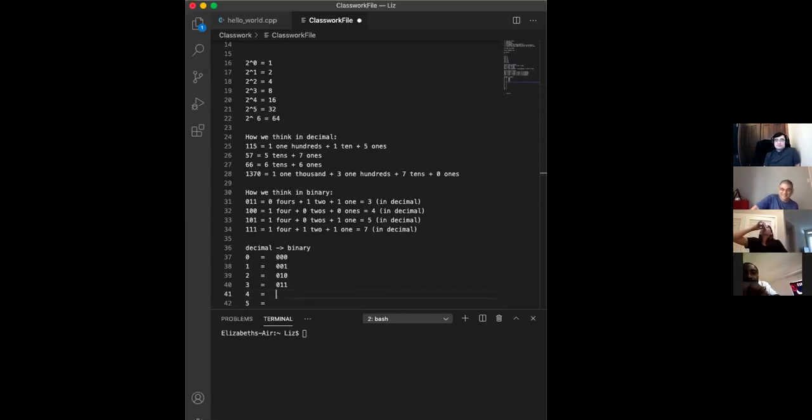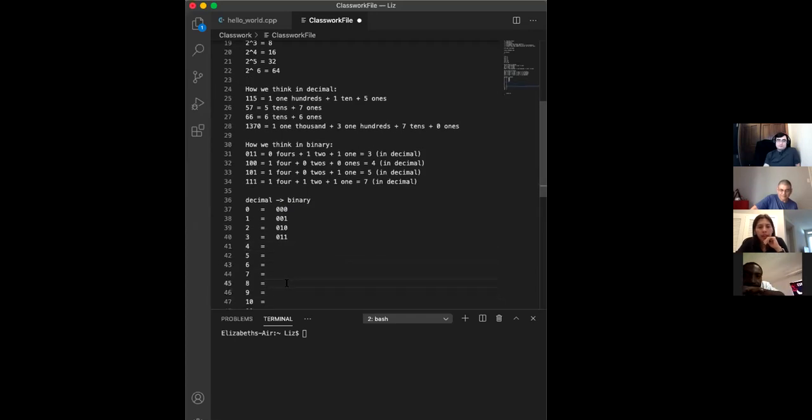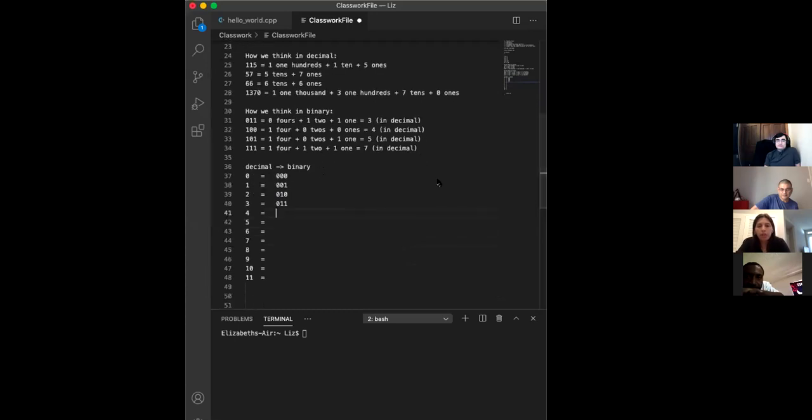Okay, so the first digit represents 1. The second one represents 2. The next one 4. The next one will be 8. Next one 16 accordingly. Versus the number of digits that we use adding them up to figure out the number. So what would 4 be in binary? Just think it out, even if you're not entirely sure. Isn't it 1 0 0? Yes. Thank you. Let's leave it at that.